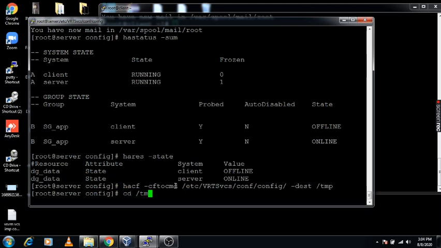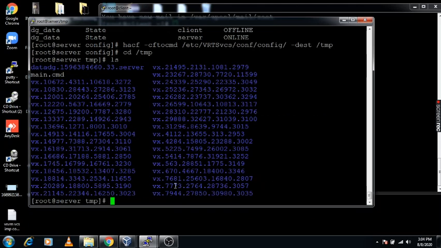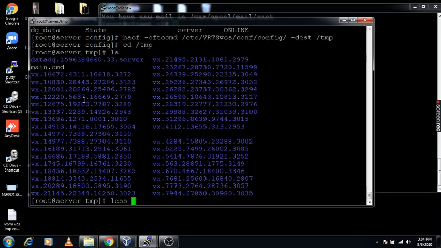Under this /tmp I am getting all the configuration, that is main.cmd. This is the file. You can check it using the less command.